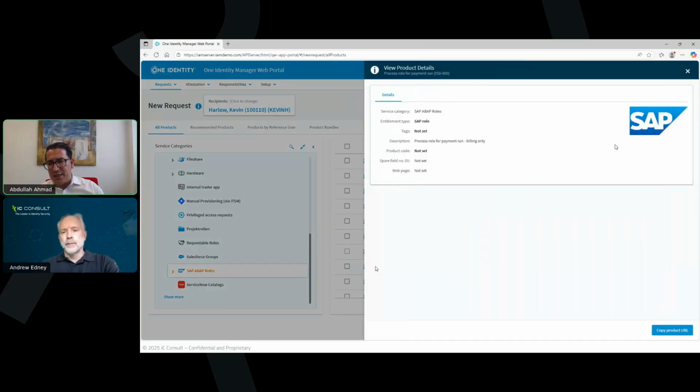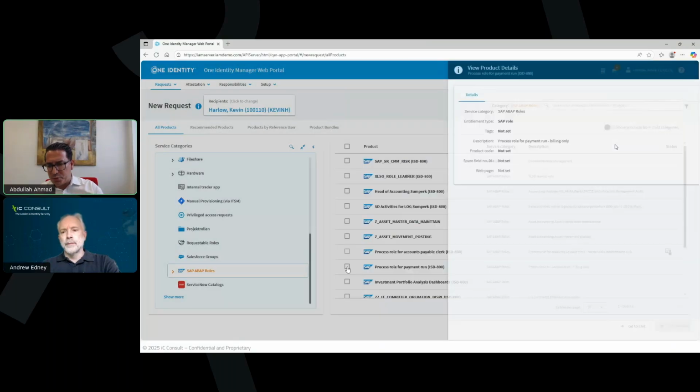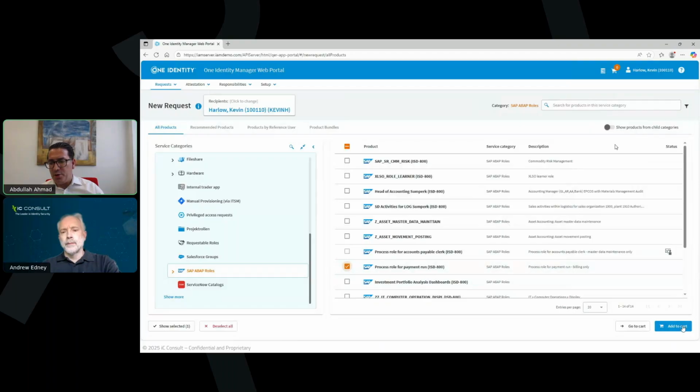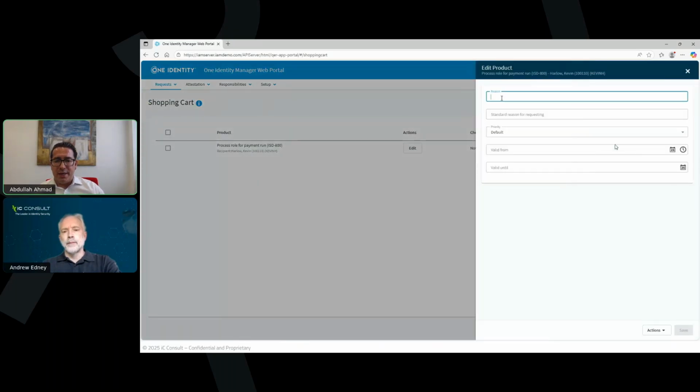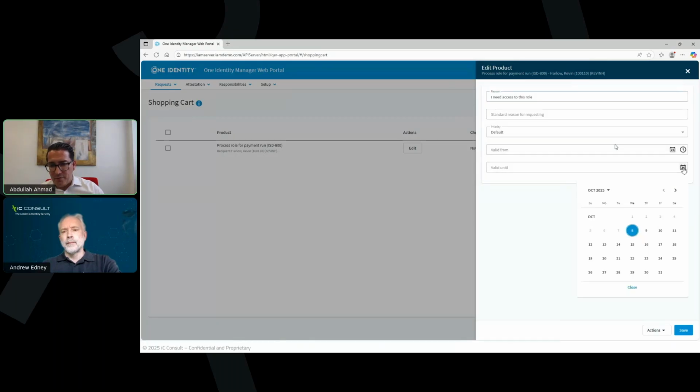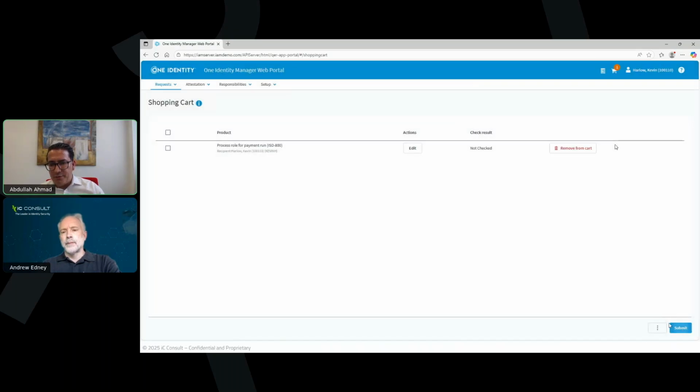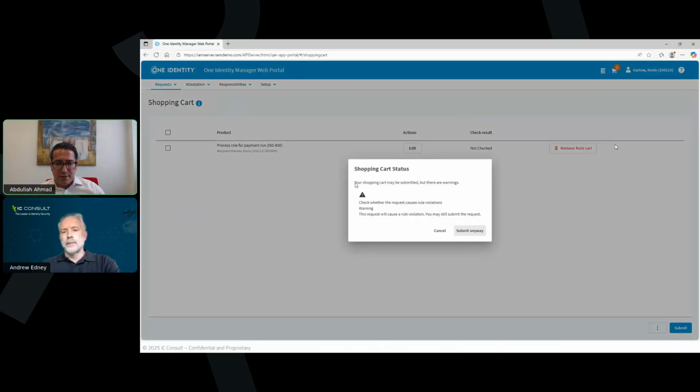He can click to the details, seeing here logo, some descriptions, and so on. Maybe you can add the cost, license cost, as Andrew mentioned, giving the user that information if it's needed. So he can go and edit, putting a reason. Maybe he will also add a valid from, valid until validity; in this example, he is selecting until the end of November for this year.